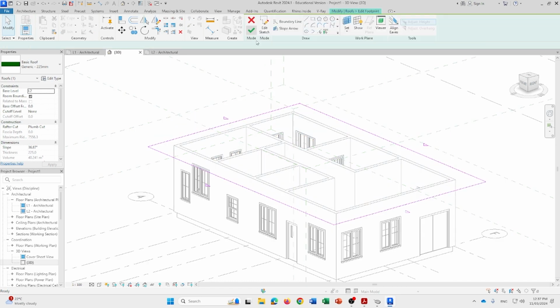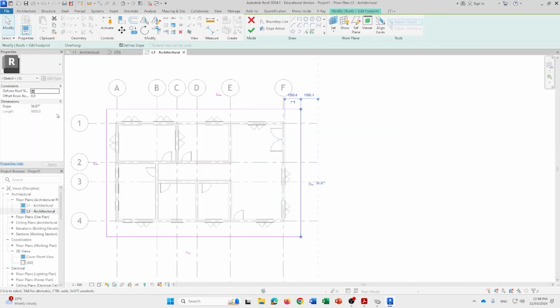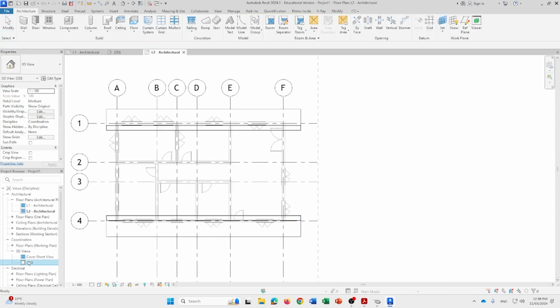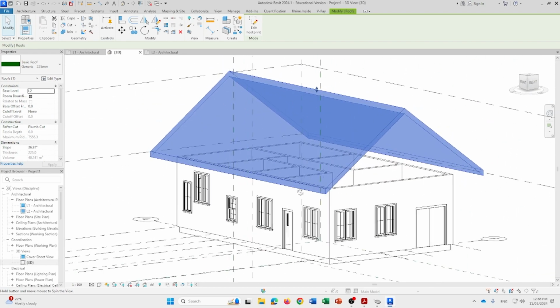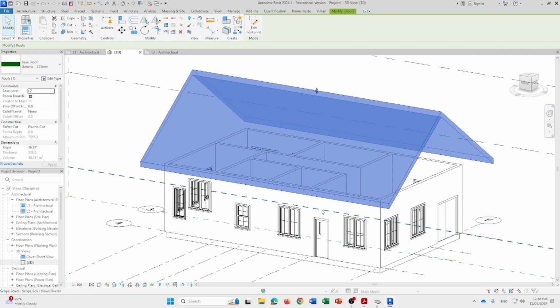If I go back and edit the footprint, and untick this option and turn it off, I should only have 2 sides for the given slope. If I tick that, this will give me a pitched roof. So that's what those slope icons mean. They define the roof slope. If you have 4 sides of the roof, it will add a slope to every edge on that end. So what we're going to do,